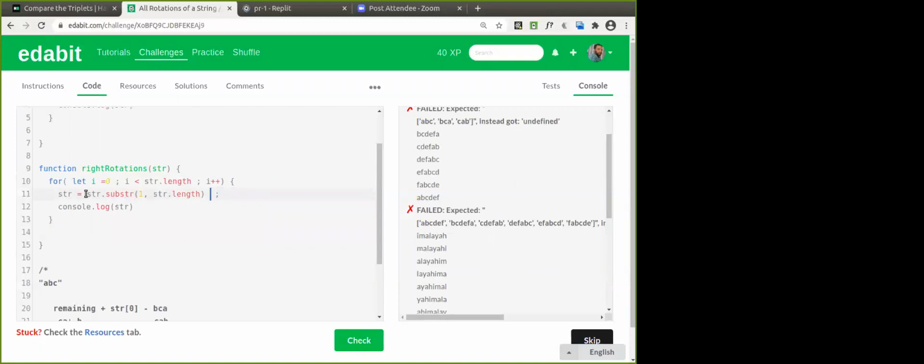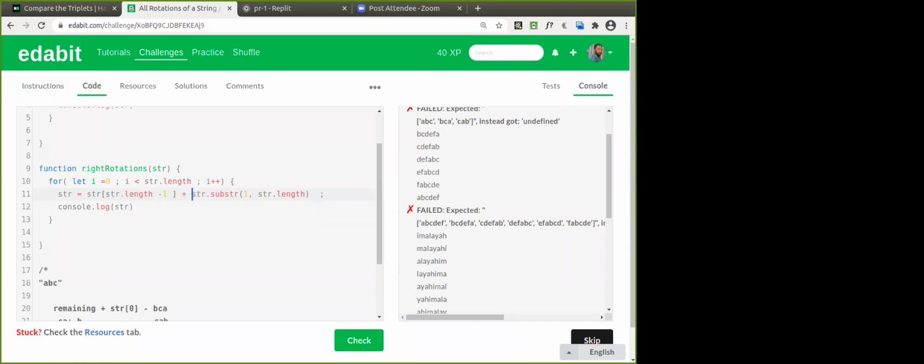So how are you going to take that at the beginning of the string? str of str.length minus 1. This will give you the last character in the string, isn't it? And you have to take the string excluding that. What is the remaining string that you have to take?